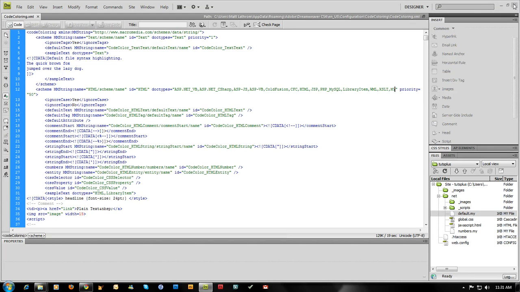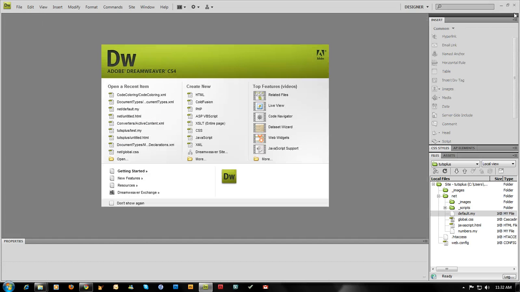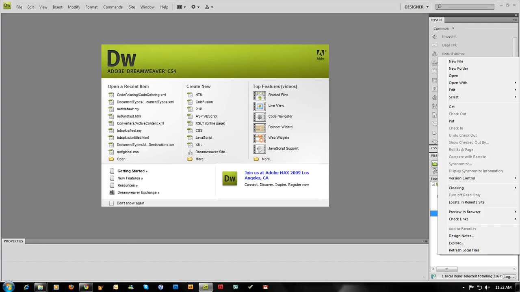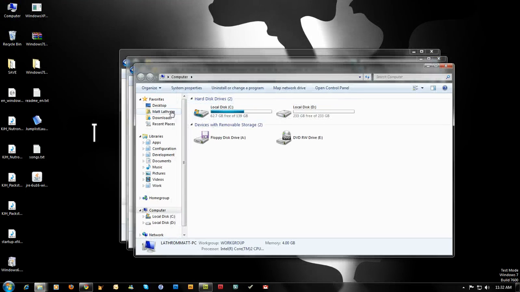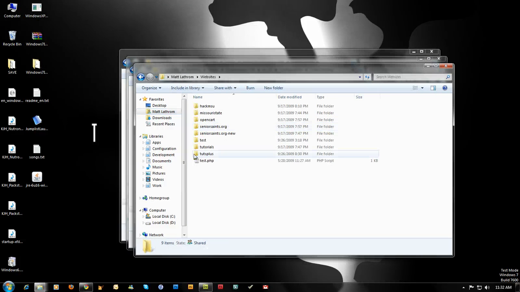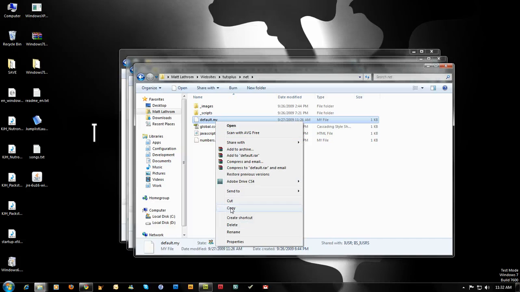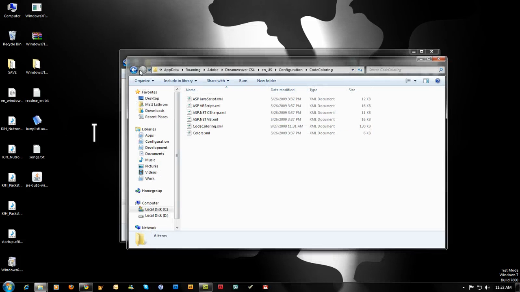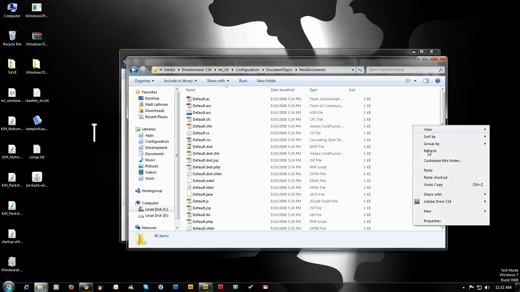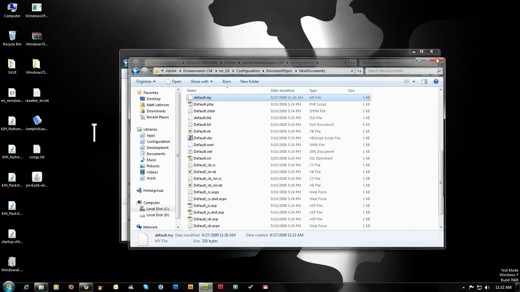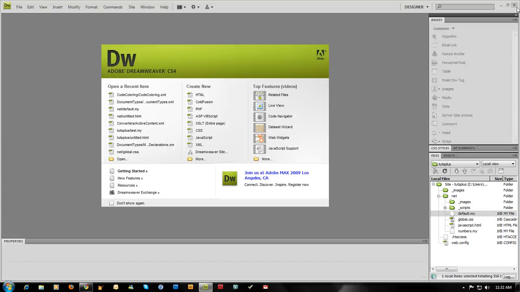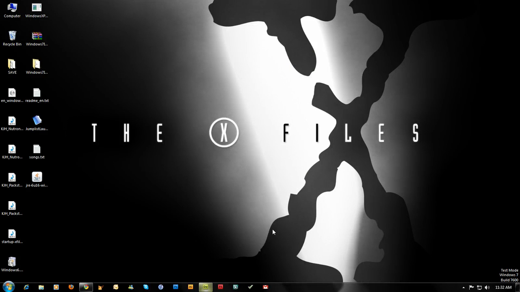Now Dreamweaver should recognize this file now, but there's one more thing we need to do, and that's set it up to create a new file with code inside of it. So what we're going to do is grab a default file we made for that, in Notepad, and we're going to copy it, and we're going to go under that document types folder right here, and we're going to go to new documents, and we're going to paste it in there. So there's my default.my file in the new documents folder. So close this all out, restart Dreamweaver,